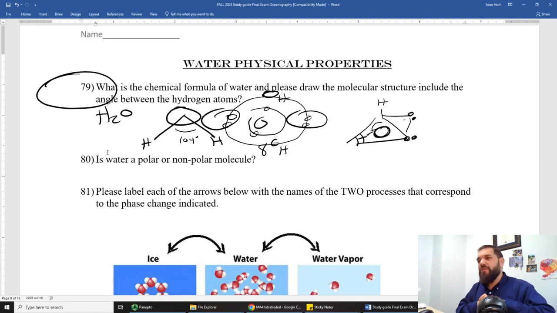So anyway, is water a polar or non-polar molecule? That's the next question here. Oh, by the way, one last thing before I move on away from 79. Just make sure that you know that,